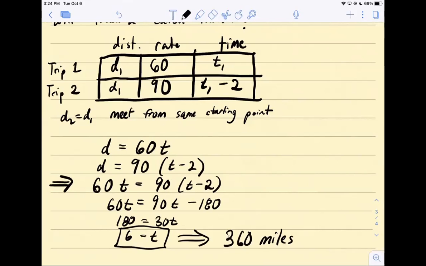Okay. Let's see, third miles. Let me see here. Okay,